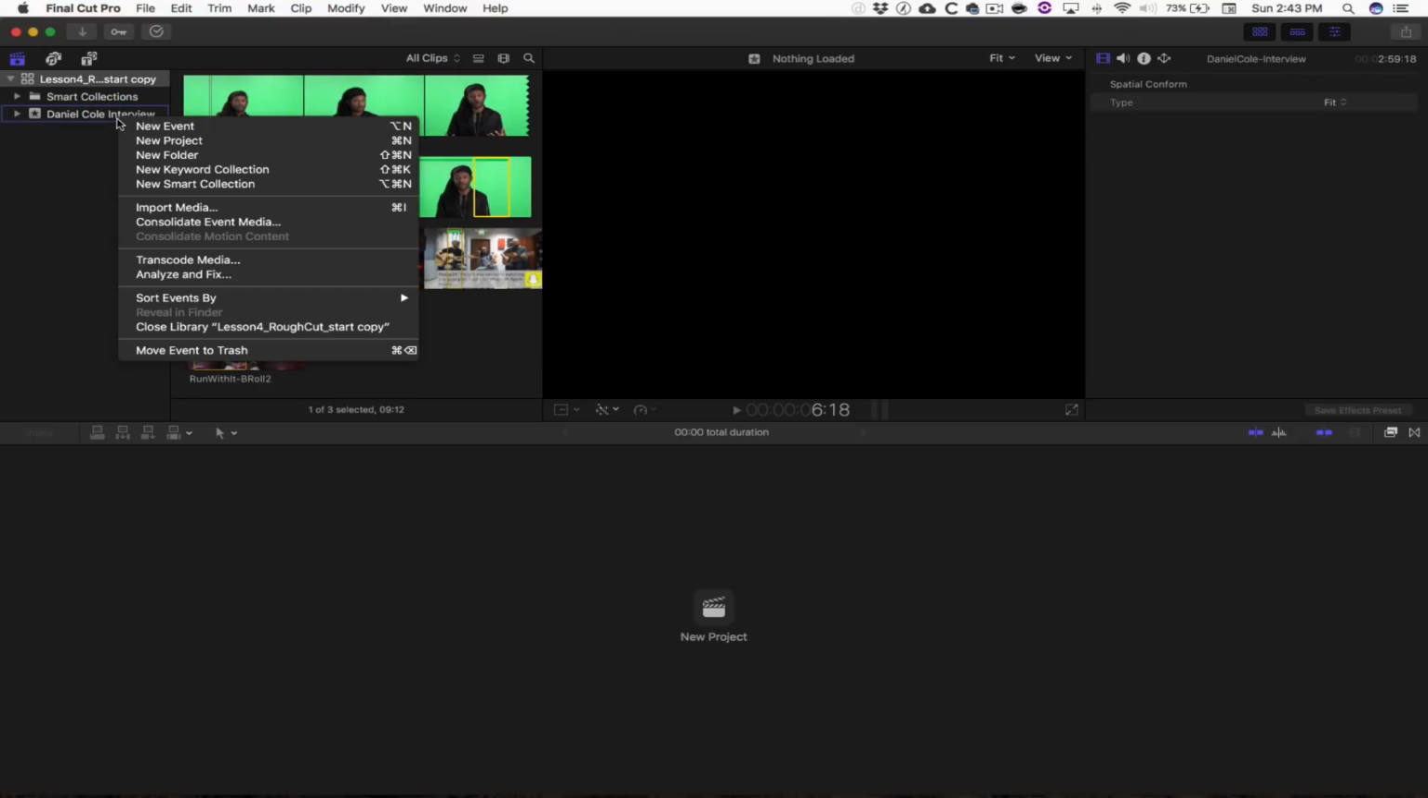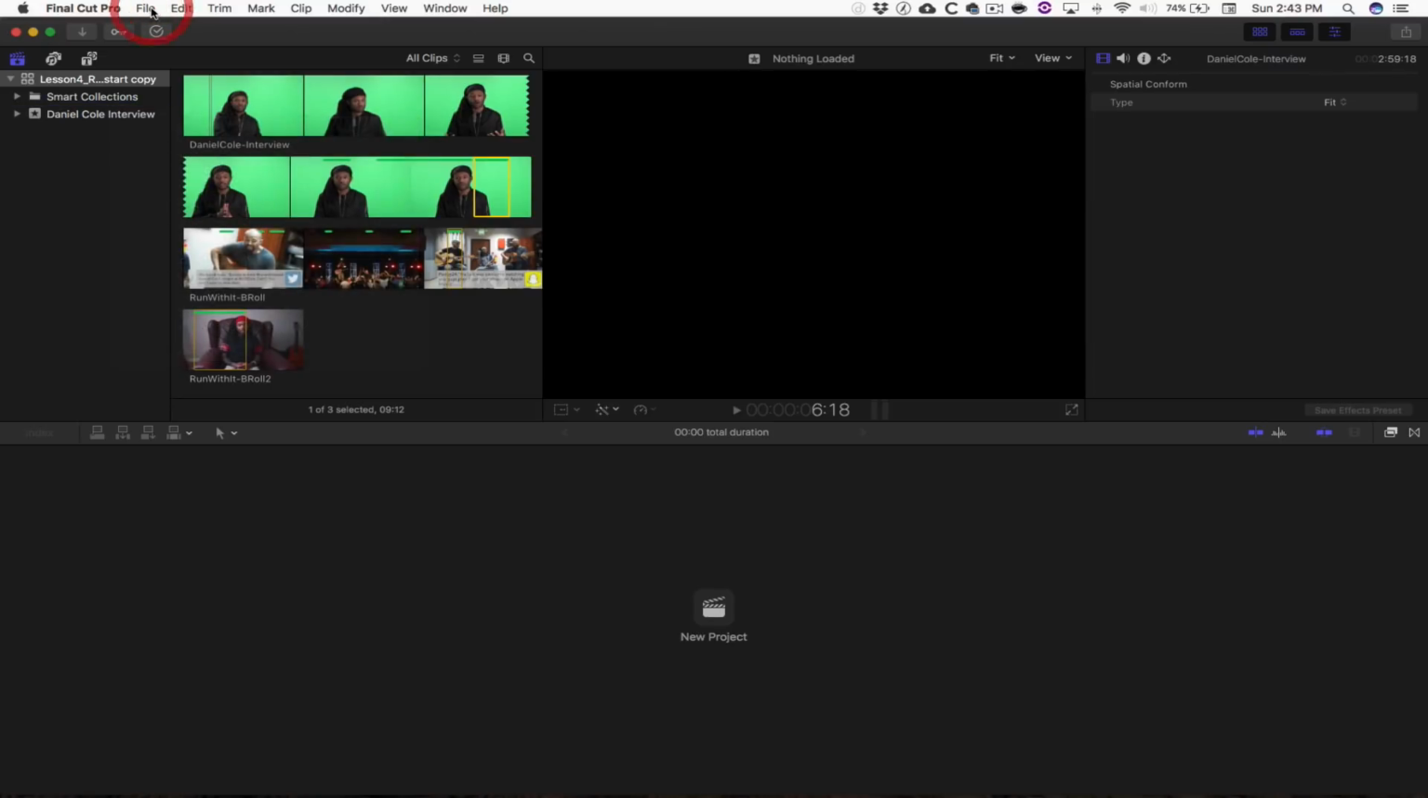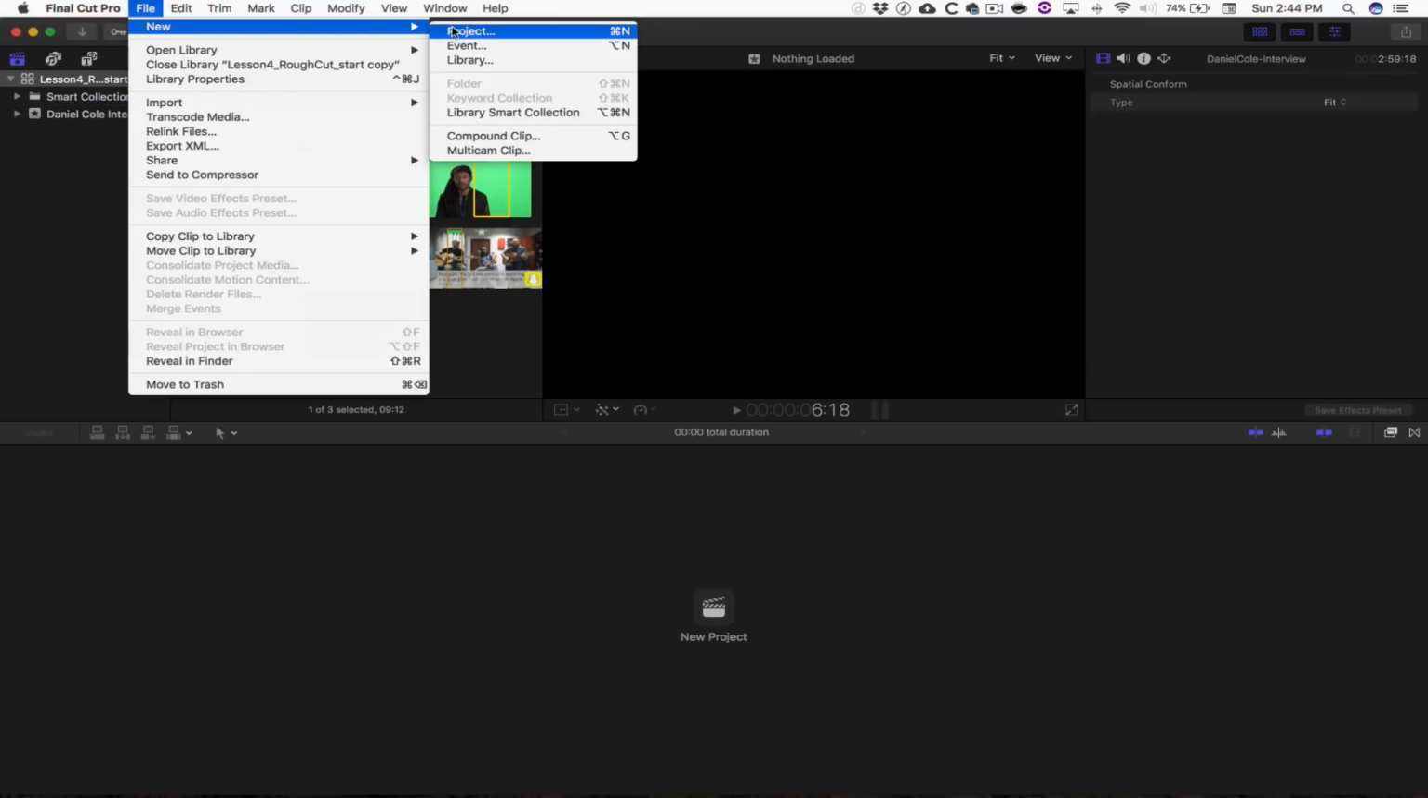Well, the first thing we need is a project before we get started. I could click this New Project button. I could Control click or right click on my event, and I could select New Project, or I could go to the File menu and I could choose New Project, or I could hit Command N. That's what I'm talking about when I say taking our skills to new levels. Understand that there's 3 or 4 different ways to do all this stuff,